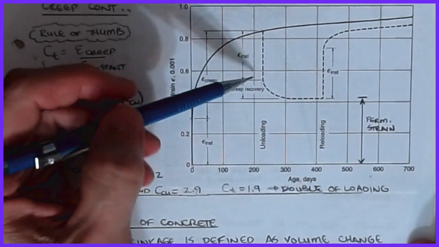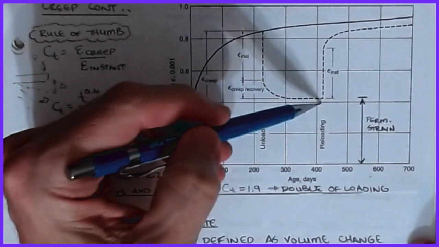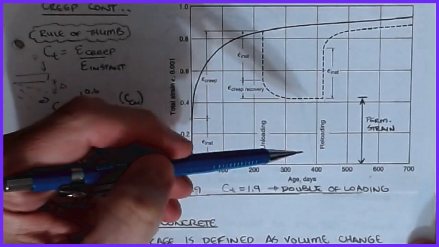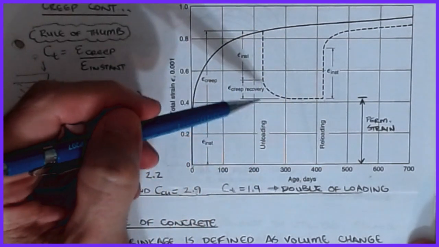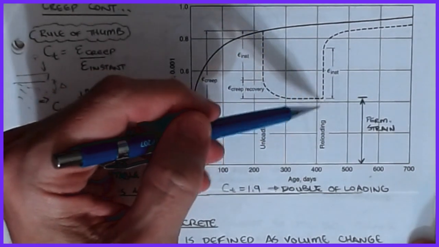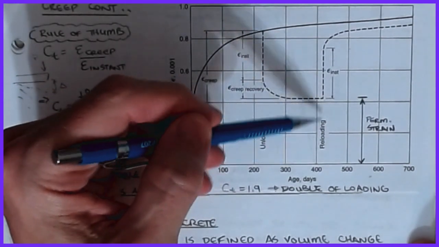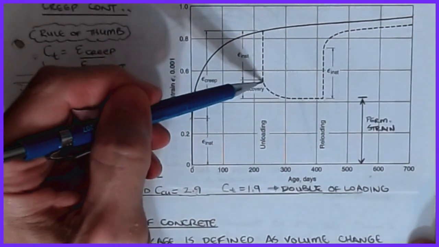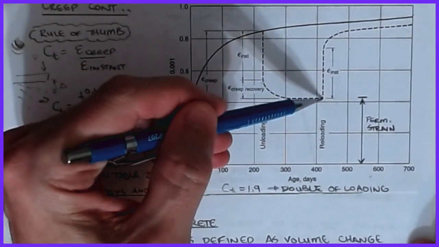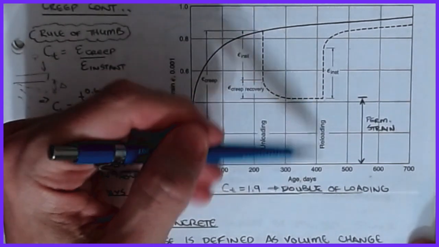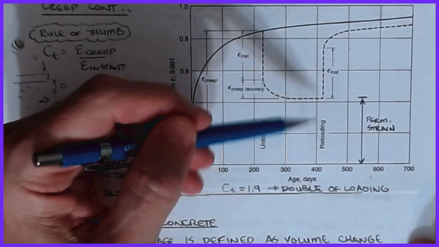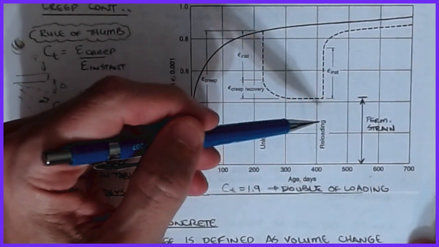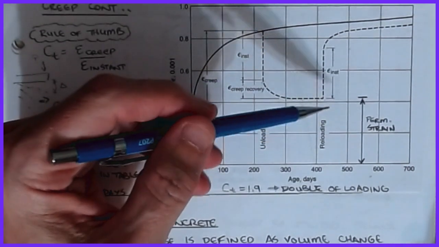But what you notice is that it never comes all the way back. This is kind of an unloading phenomenon and a reloading phenomenon. This is basically permanent strain in the beam. I could take all of the load off to get me to here, and then it would rebound a little bit, but then I've got permanent deformation associated with creep. And basically it's a rearrangement of the molecules in a concrete member in such a way that they don't ever